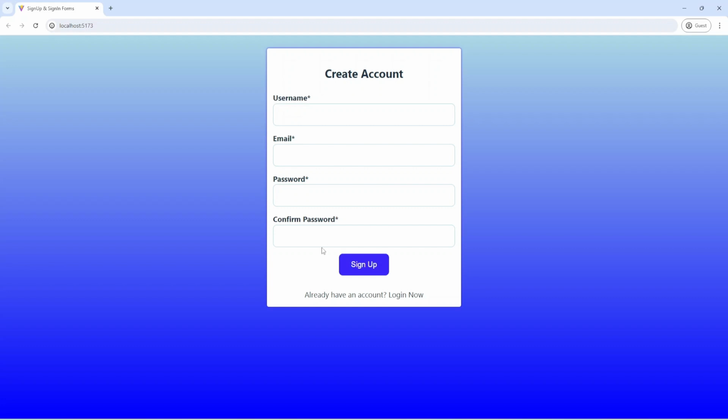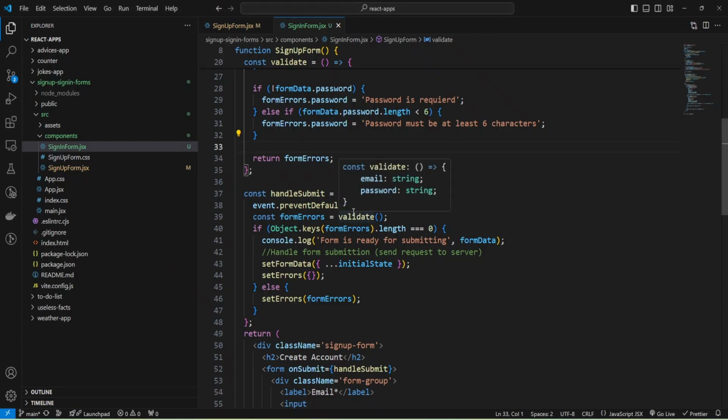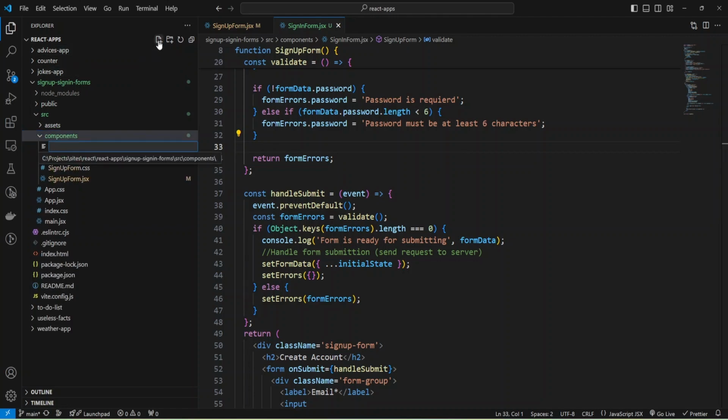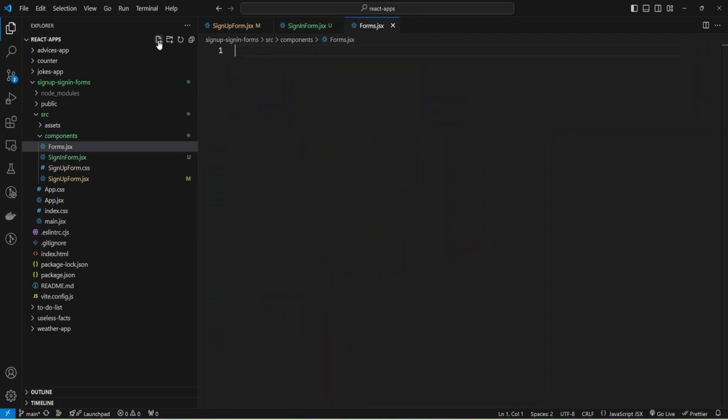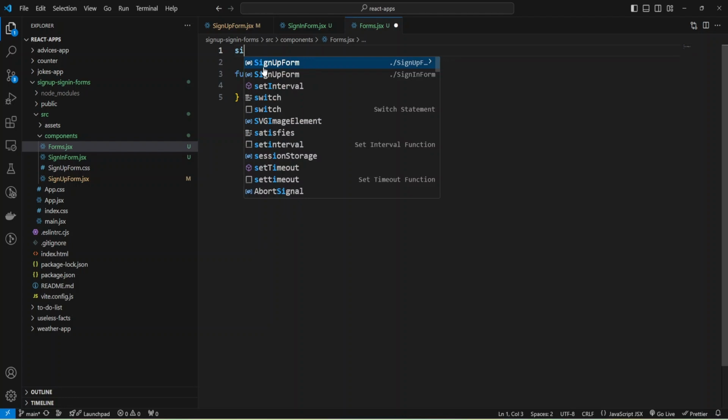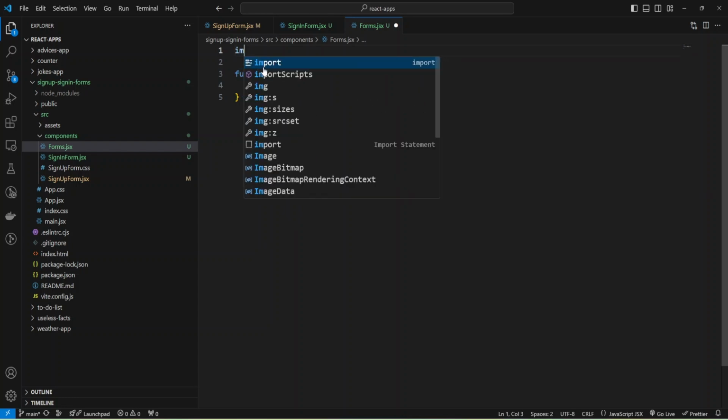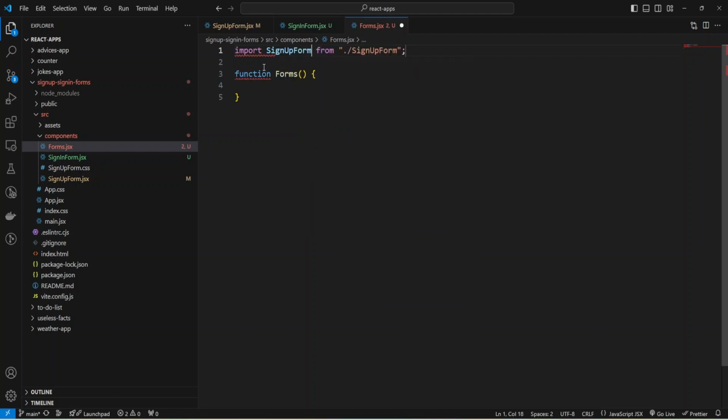I need to see my login form, and for that I'm going to create a new functional component inside my components, and the component will be forms.jsx, and inside components I'll create function forms, and I'm going to import both of my components, sign in form, import sign up form, and